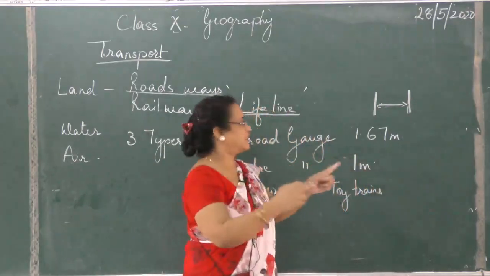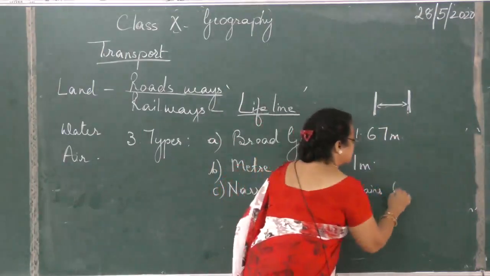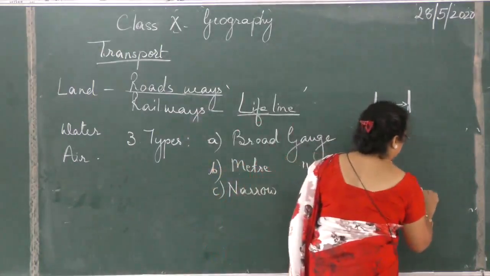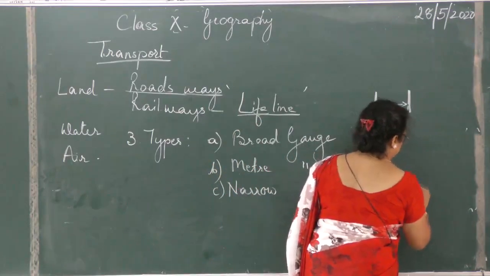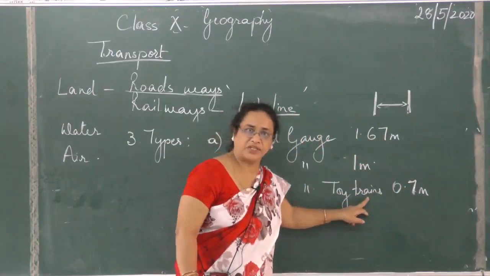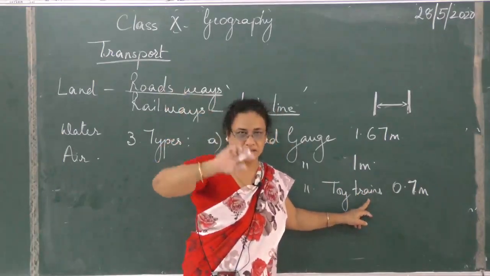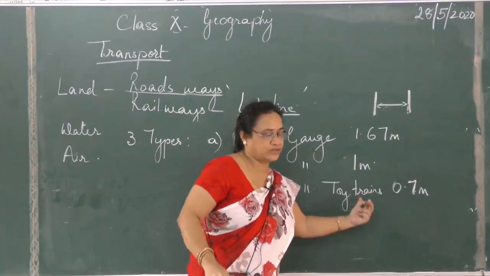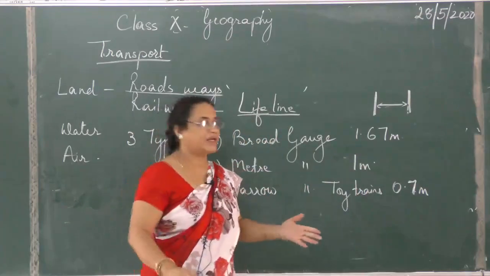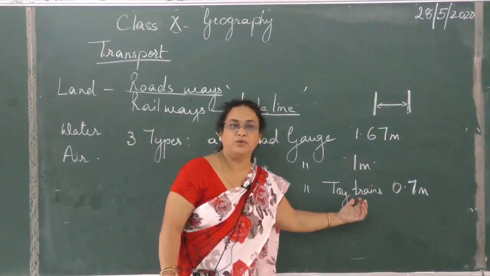Clear? The smallest trains, we also call them toy trains. And in this case, the distance between the 2 rails is less than 1 meter. Clear? It is 0.7 meters. This is a round figure which I am giving you. Less than 1 meter. You must have heard about the toy train in Darjeeling. We have toy trains in the Shimla Kalka route, and we also have toy trains in South India. Wherever there is a hill station, we have a toy train. It is a very big tourist attraction. Okay, and in South India we have the Blue Mountain Express.